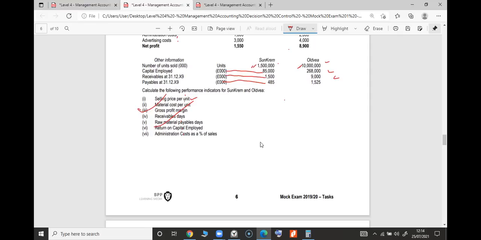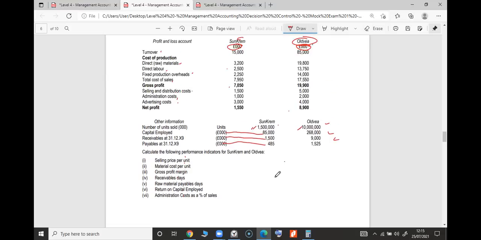Yeah, so don't worry, you're making a mistake here in the lecture, but don't do that in the real exam. You got to be careful and make sure. This is a revision class. We have done so many studies already. We can't afford doing any mistake. So selling price per unit. How many units for sun cream? This many units.